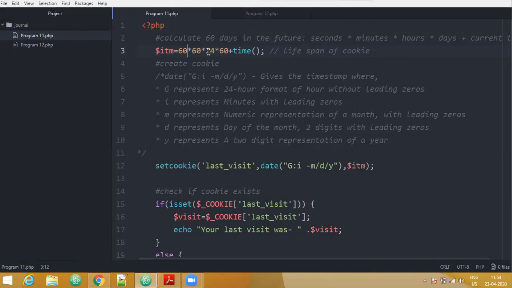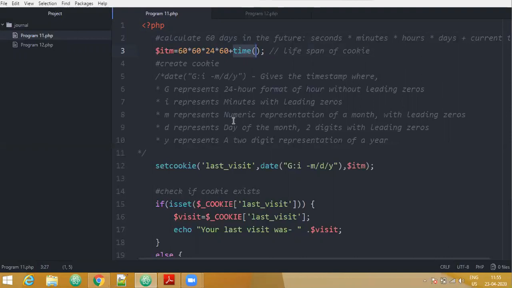The cookie has to be active for this, 60 stands for seconds, this is for minutes, this is for hours. A day is having 24 hours and this is for the days, plus time. Time is the function to get the current time. So we are telling that cookie has to be active for this particular period.